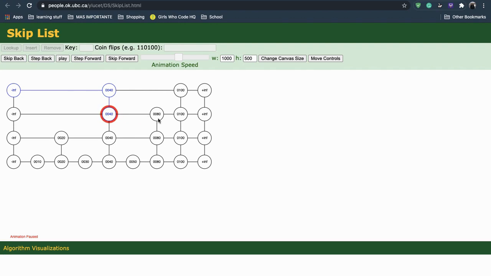And now it's going to check if 80 is less than or equal to 80, and it'll move to the right because it's equal to, and then it will check again. It will compare 80 to 100, and check if the key of the right is greater than it, which is 100. 100 is greater than 80, so it will move down, and it will go all the way to the bottom. And now that we're at the bottom, it can't go any further, so the key is found right here